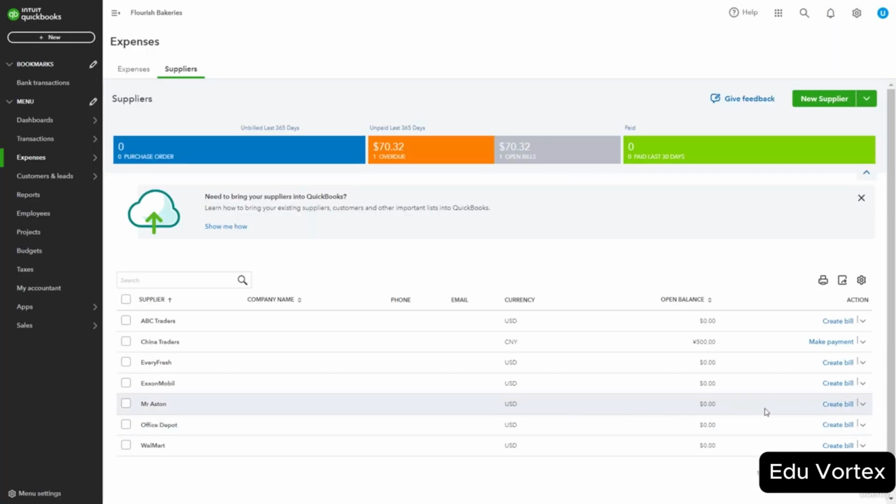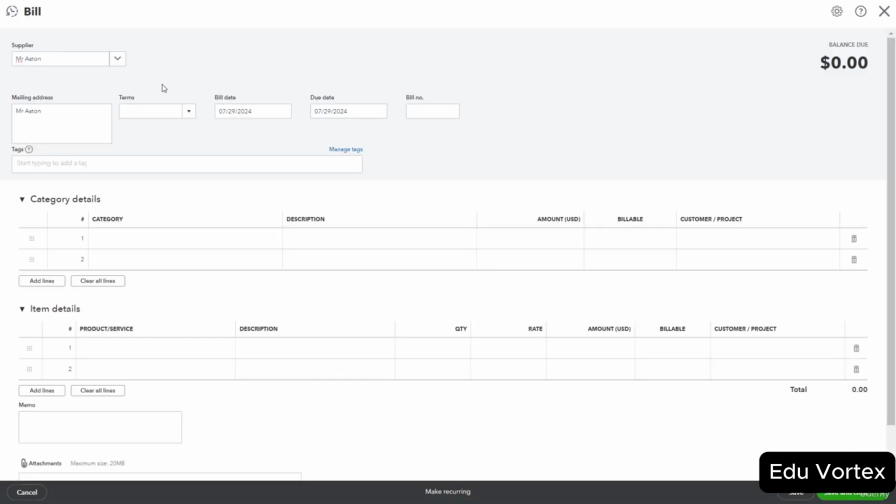Let's consider an example to illustrate the process. Imagine you are a wholesaler and you have a customer, Mr. Aston, who regularly purchases products from you. You have agreed that the customer will pay within 30 days of receiving the invoice. To reflect this agreement, you will create a net 30 term in QuickBooks Online and apply it to all invoices